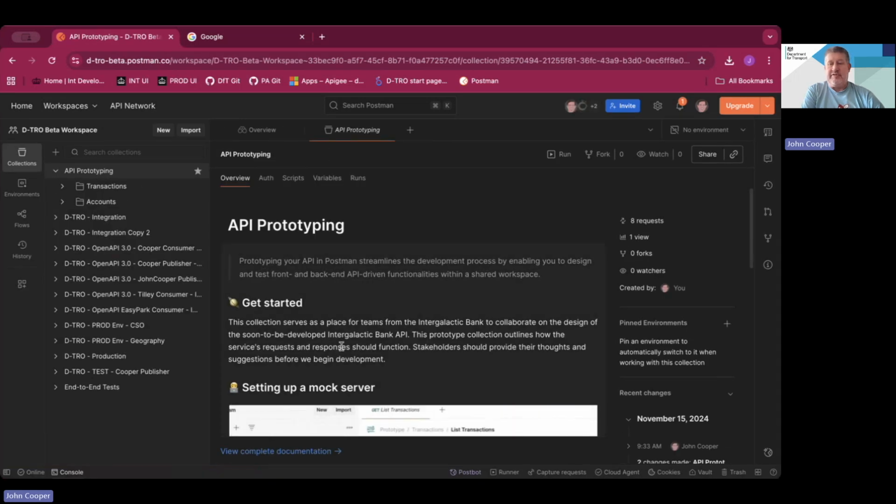You might want to set up your own workspace. You may be working with different APIs, so you might want to have a separate workspace for each API that you've got. And we're going to import a collection. Now, the collections are stored on our D-TRO portal. I'm going to use this import button here, but just to show you where to find the collection,